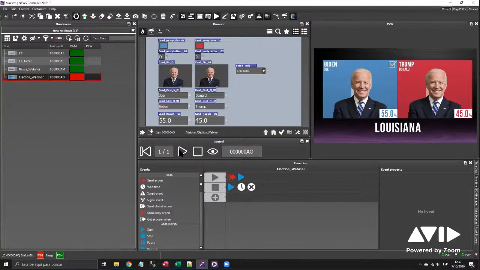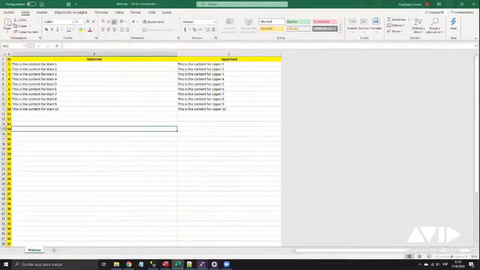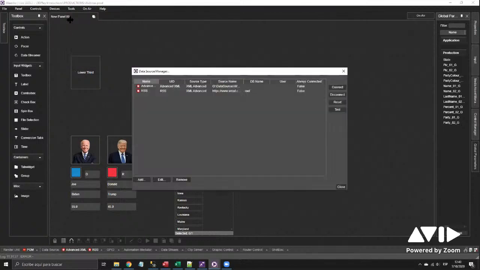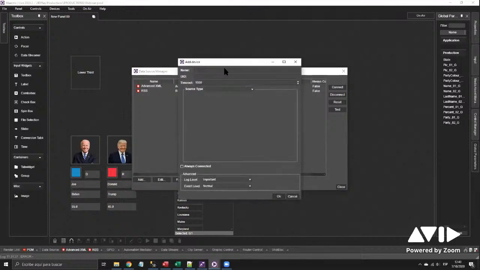I don't have much time to go over Maestro Live, so I will do it really quick. Let's go to Maestro Live and let's find the similarities. Then you can build it yourselves. Okay, in Maestro Live, the data sources are created through devices, data source manager. In here, you will be able to create new data source connections. Now, I will create a new connection called SQL Server, the same I did before, so you can see the similarities between one and the other